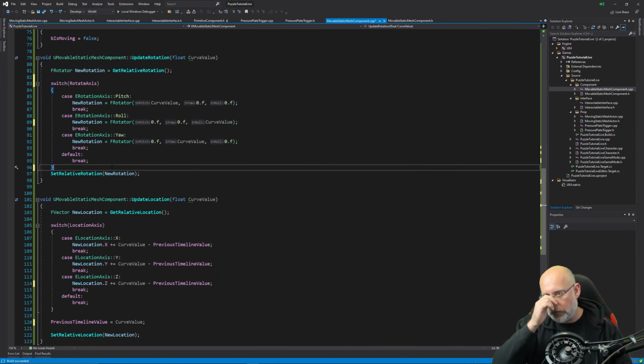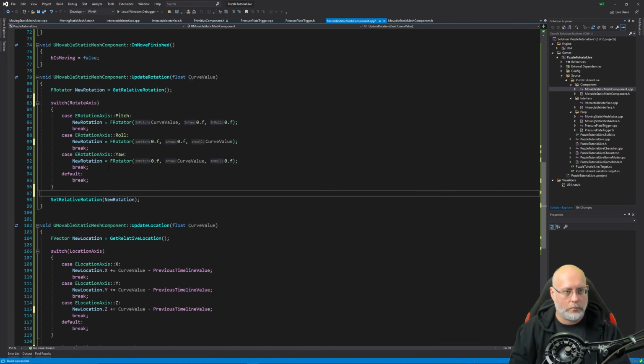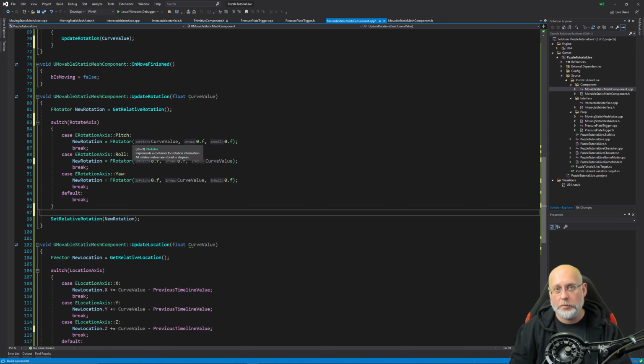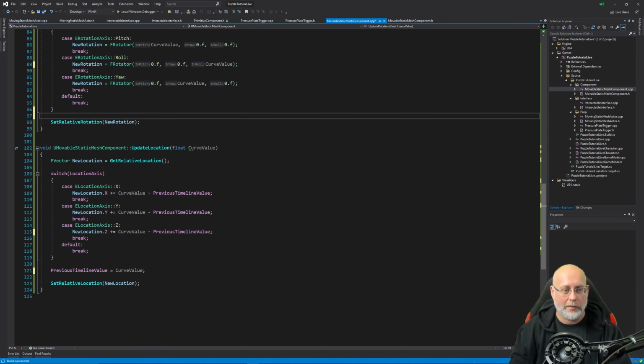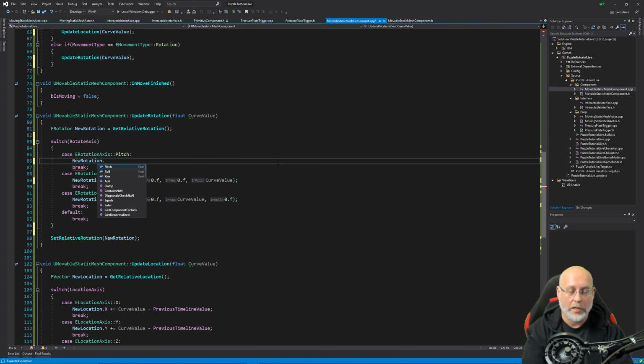Okay, so I found the issue with our rotating windows, and the problem was, like a dummy, I assumed that the rotator wouldn't have to use the same logic as the location update, where we keep tabs on the previous timeline value as well as the starting point. So we're going to change this logic a little bit for the rotator. So rather than passing a new rotator, we're simply going to say the pitch value